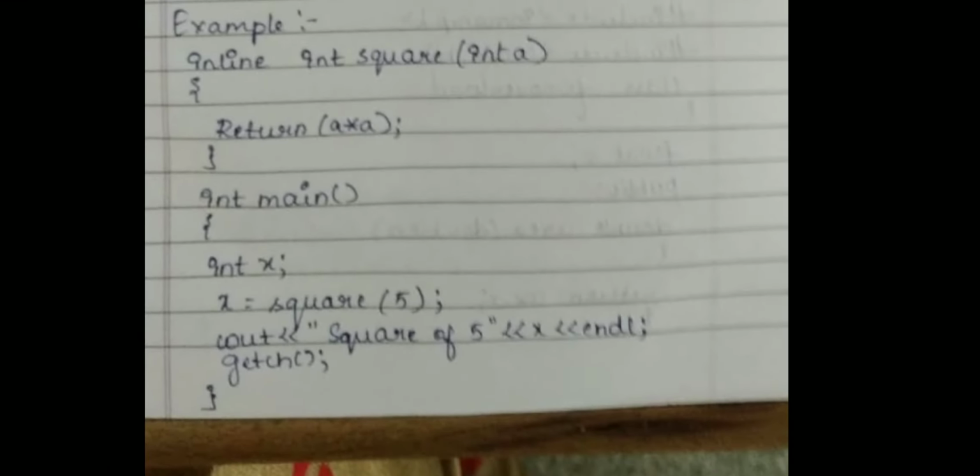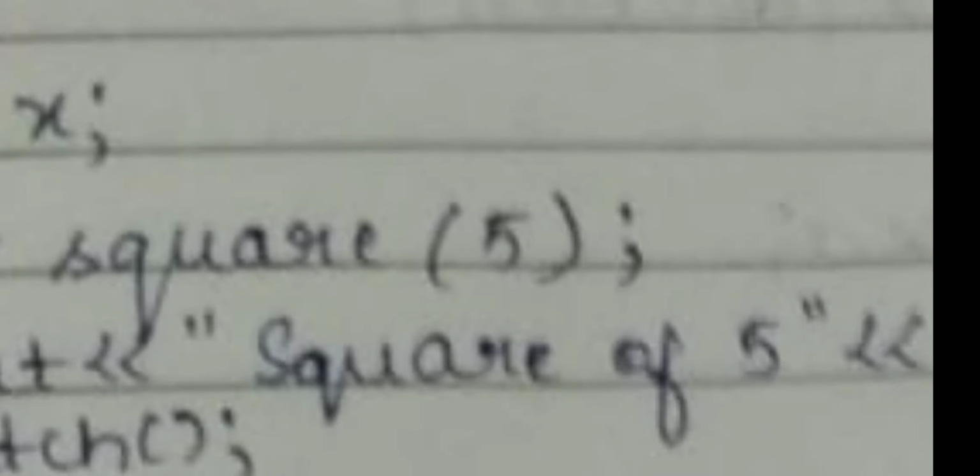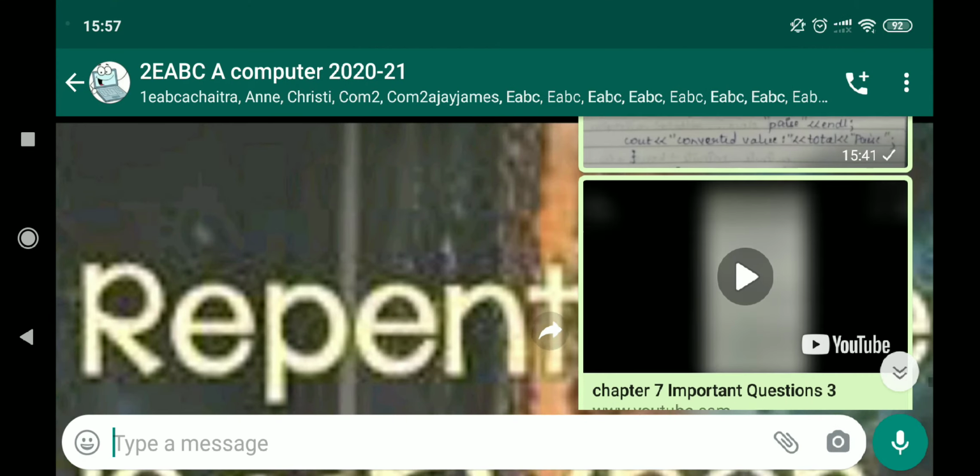Same here. Now come to the definition of inline function. An inline function is a short function. Inline means one line only, no? Where the compiler replaces the function call with the body of the function. So what is a function call? This is square of 5. Kalyani, come here, like that, with the name we are calling. What is the name of the function? Square is the name of the function. So the function call is replaced by the body. Here you see the body of the function. Inline is the header, down there is the body. The body will be replaced. Okay. Now let us see.